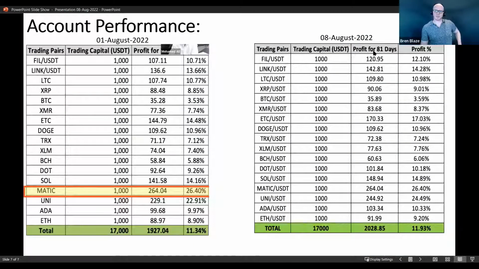So on the right hand side, you see the profit for days comparison of performance, how our profits have increased since the last call. So you can see Filecoin there is up at 12%. Sorry if my internet is in and out a bit there. LTC, we've climbed up 17%, and ETC. ETC has been crushing it. Some very powerful news, and just wait for